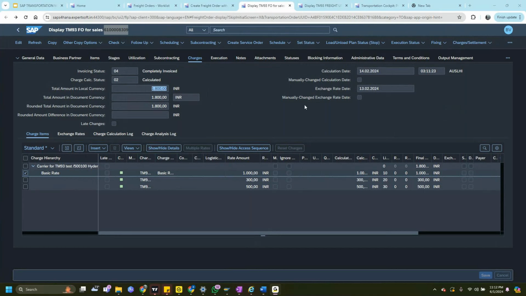This is the standard traditional approach of TM EWM integration, having a transportation unit that integrates. In the advanced version of TM, in the current 2023 setup, we have advanced shipping and receiving notifications, where we don't send TUs, whereas the freight order is directly integrated to EWM.